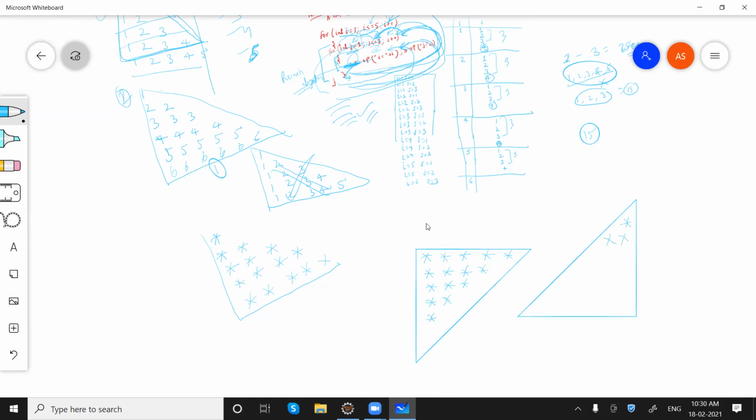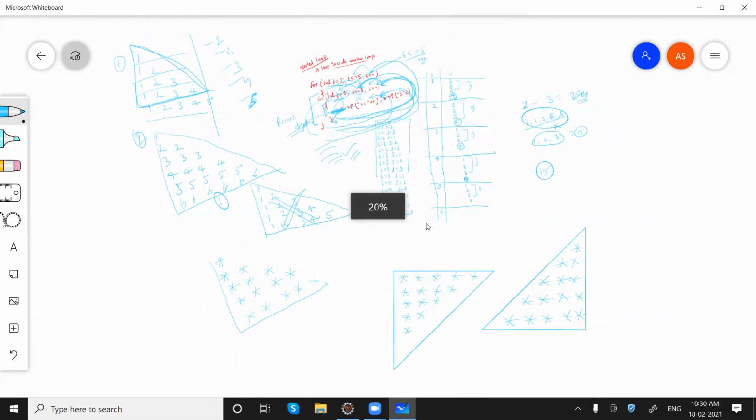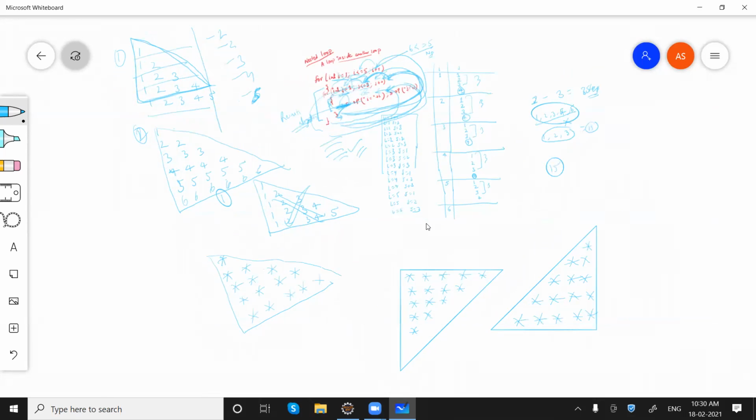One, one two, one two three. So after doing these questions, your loop concept will be clear. You can take a screenshot. These are the 5 problems you need to work on. Okay.